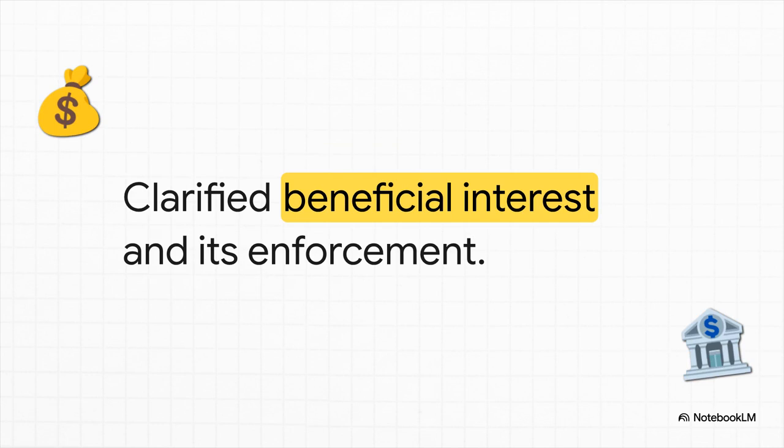Next up, landmark case, CIT versus Camellini-Cattau. Underline this citation heavily. This case clarified beneficial interest and its enforcement. For your deep case law breakdown, detail the facts for the examiner. This was an intense tax dispute involving the Commissioner of Income Tax, assessing the exact nature of a beneficiary's income. The Supreme Court's ratio decidendi here definitively clarified what actually constitutes a beneficial interest. The court ruled that a beneficiary's right to receive income is a concrete, legally enforceable interest, not just some mere